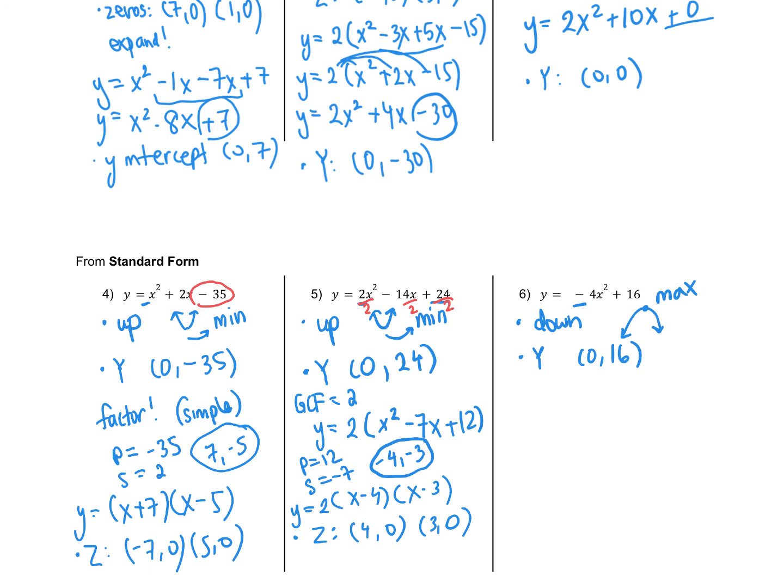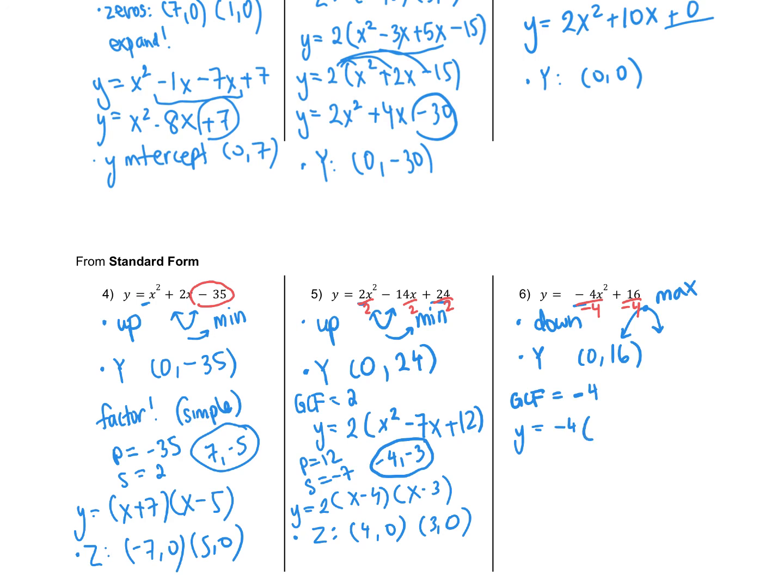All right, time to factor. So it's not a trinomial. I see that right away, so I know I'm not going to do the product and sum shortcut. I do see that my first term is negative, and I know the first step, if there's ever a negative at the start, is to take out a GCF, a greatest common factor. So it's going to be negative, but the 4 and the 16 are both divisible by 4. So I'm actually going to take out a little bit more than that. And we're going to have to be very careful with our signs. So when I take out the negative